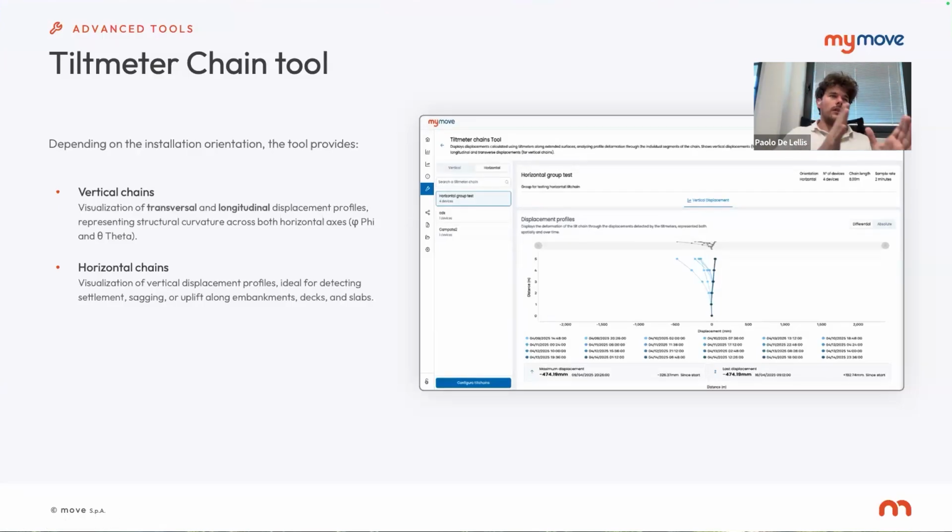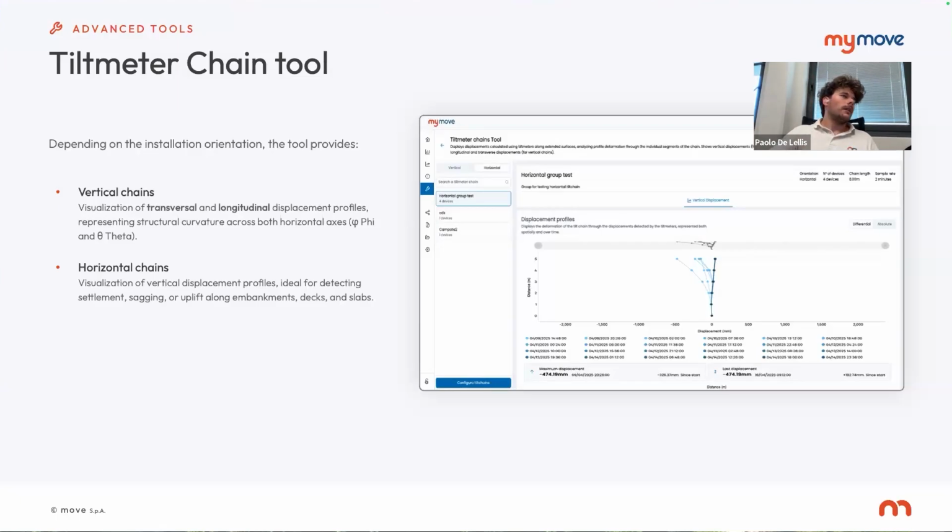You can use this tool to understand the movement over time of the tower. Or if you use a horizontal way, you can understand if there is some type of work under your building, if there is a differential displacement between one part of the structure